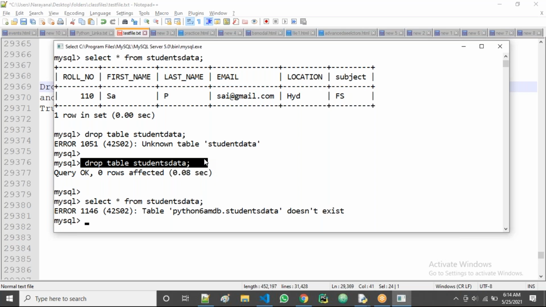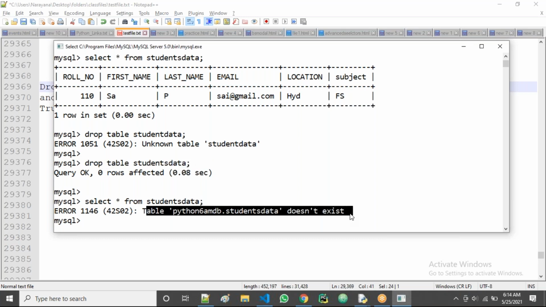So all of you are clear enough about truncate and drop? After truncating, we can again insert the data, but after dropping, we can't insert the data. Why? Because the entire table is deleted, so it's not possible. All of you clear? Let me know. After truncating, all data is removed, so we can't get the data. After dropping also all data is removed, the entire table removed, so there's no data to retrieve. What is the common thing here? Data is deleted in both cases.